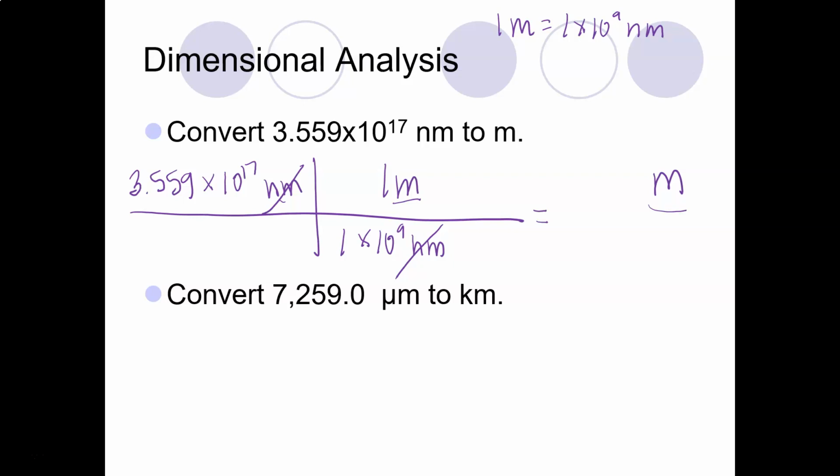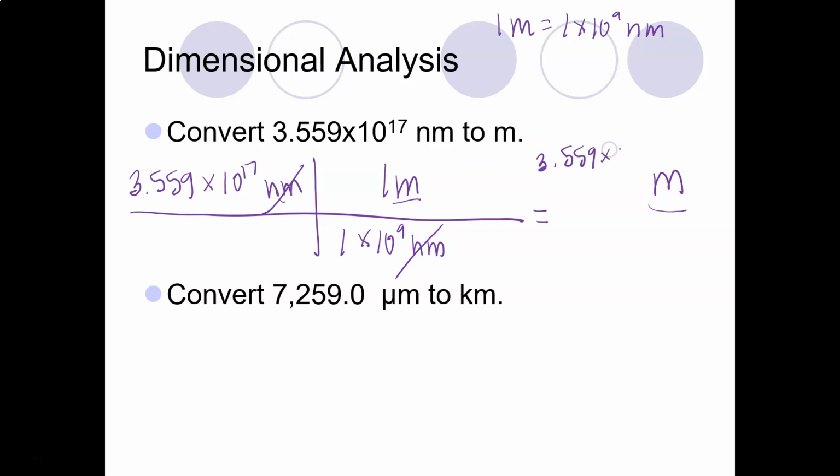Now, if at the end of this you got a different answer than me, it's probably the way you're entering it into your calculator. If that's the case, either do a quick Google search online or send me a picture of your calculator and tell me how you're doing it, because every calculator is different. I want to make sure your calculator is not causing you to get the wrong answer. So, correct answer here,